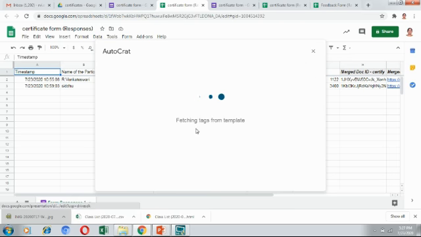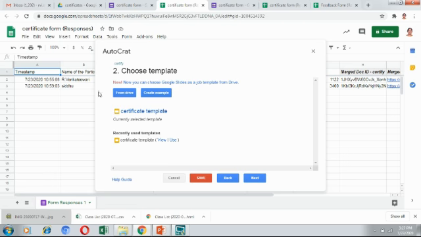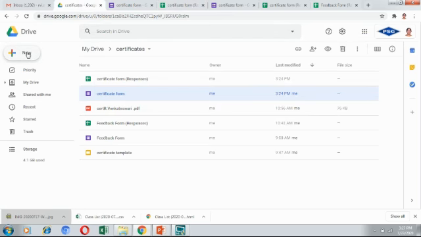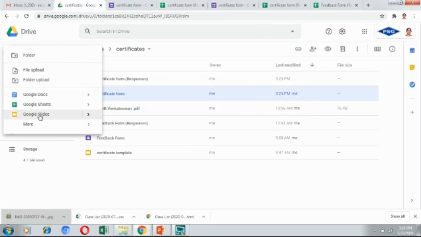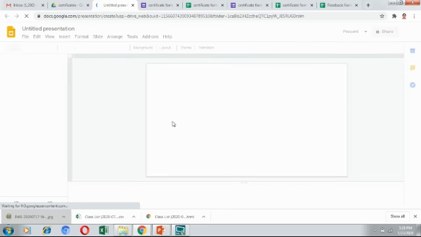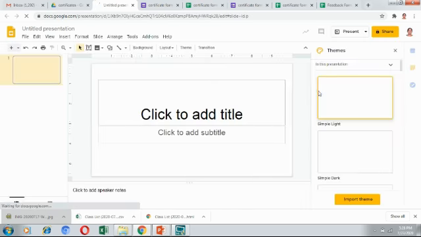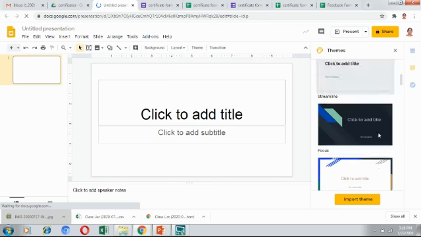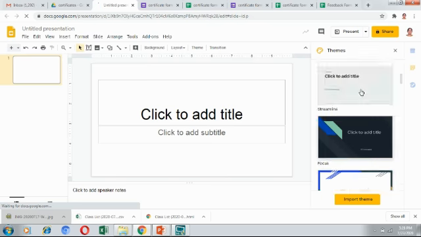If you want to create one on your own, then you have to go to that drive and then click New, Google Slides. In that Google Slides, go for a blank presentation. In that blank presentation, you can choose any of the layouts available here.